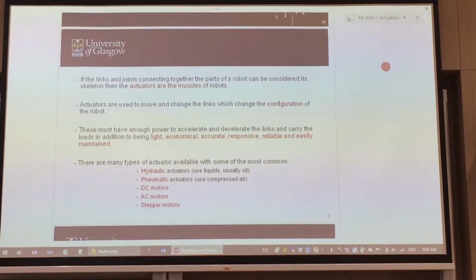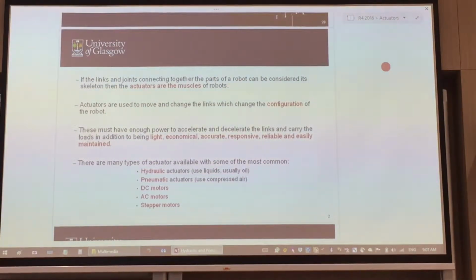Some advantages and disadvantages. The motor is going to be huge, and it's going to be part of the arm of this manufacturer. So there are some ways that we can do that, namely using... there are a few reasons why we use